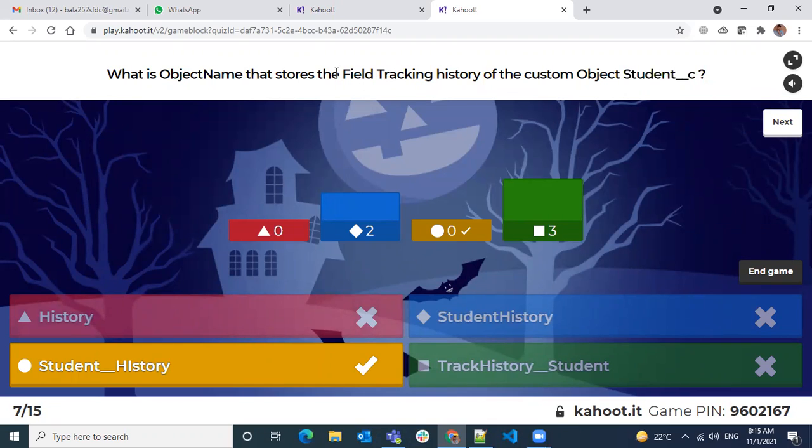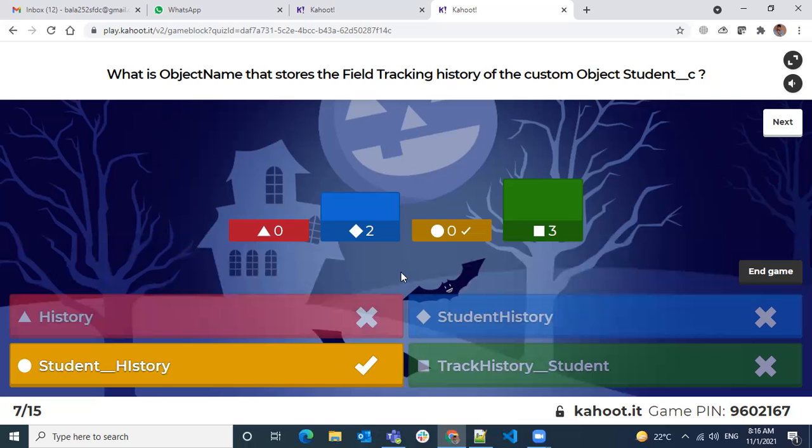No, the feature. So we will enable the fields for the tracking history. Let's say you have 100 fields in your object, we go to the tracking history and select some fields, like 4, 5, or 6 fields. But in the backend, how will Salesforce create something to track those fields? So I go to the developer console and show you what object Salesforce creates when we enable the tracking history. So that object name is going to be student underscore underscore history.